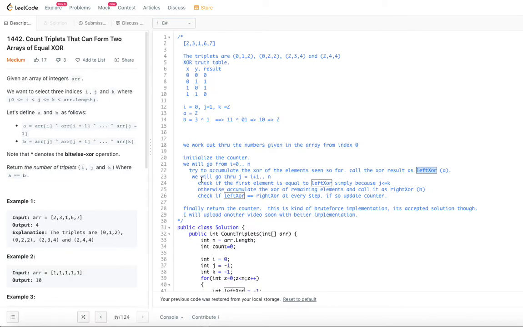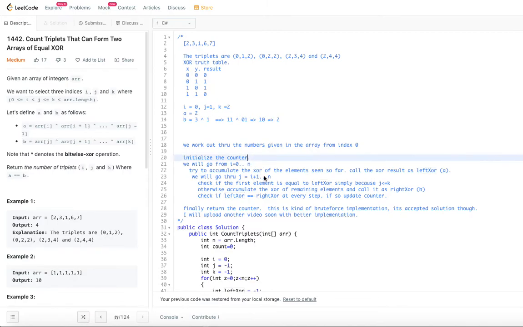Let's say if we moved from I 0 to some element 0 to 10, then from 11 till whatever n is, we accumulate the XOR again. That is what we are calling right XOR. Whenever we XOR an element with the right XOR, we compare whether left XOR is equal to right XOR at every step. If so, we update our counter.